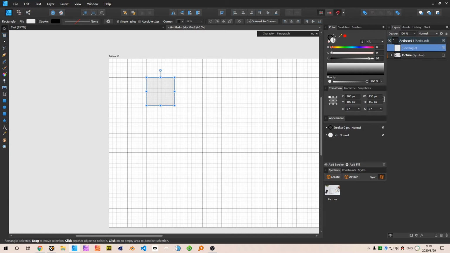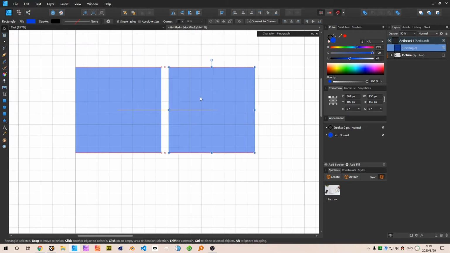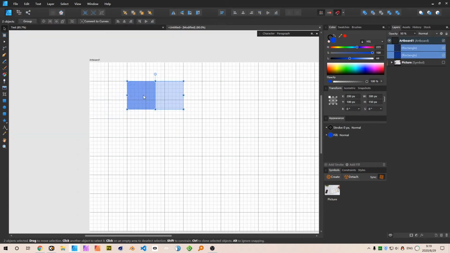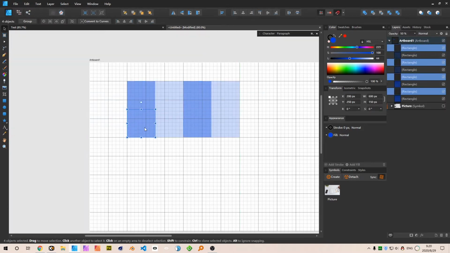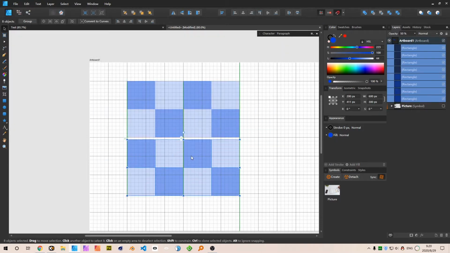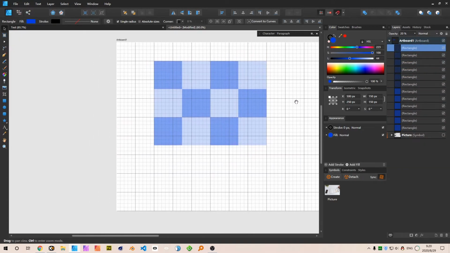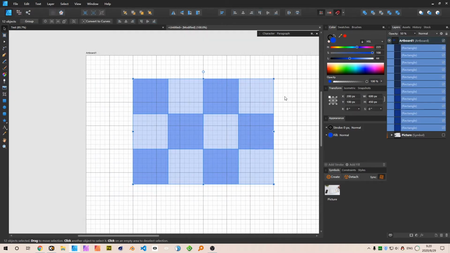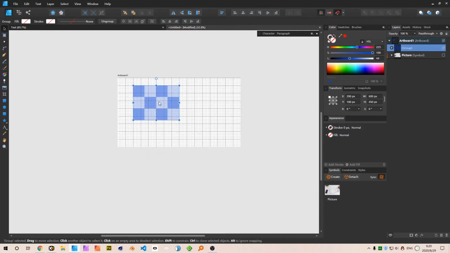Okay, and I will give it a color for now, and press 5 to make it half transparency, and duplicate it. Hit 2 to make the different opacity so I can see both of them, and duplicate it several times, maybe 4 by 3. So copy, paste. Okay, let's do 4 by 3. Just make it simple, right? And here are our boxes,